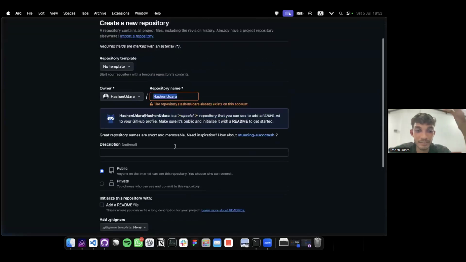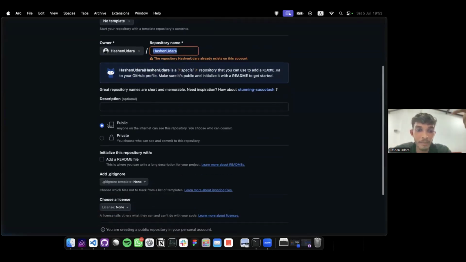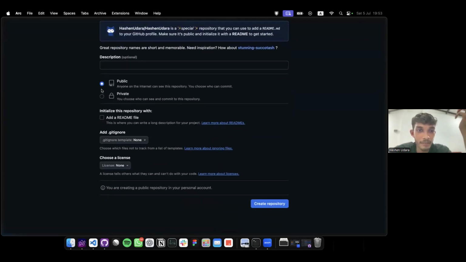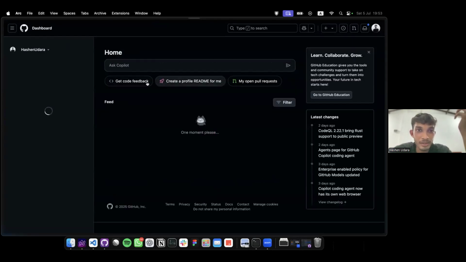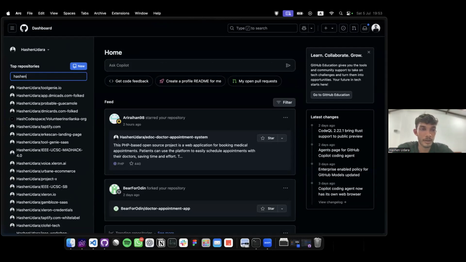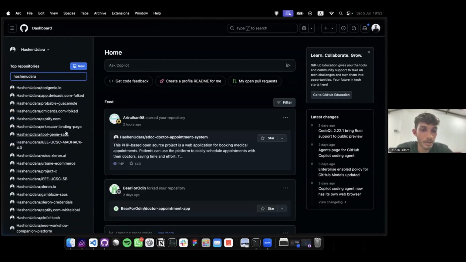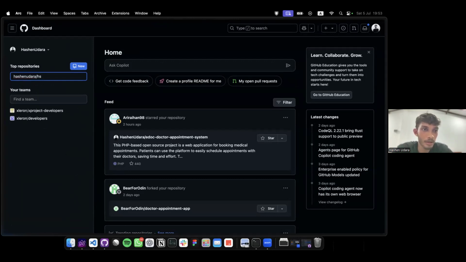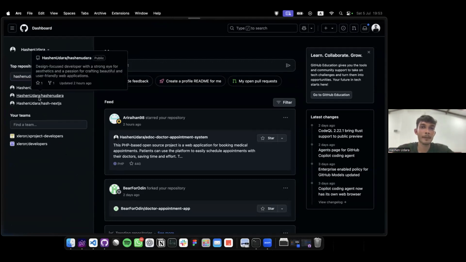So I invite all you guys to do the practical with me, and you can create the repository. Simply add your username and make sure to keep this public and create a repository. I can't do that because I have already created it. So I will show you this is my